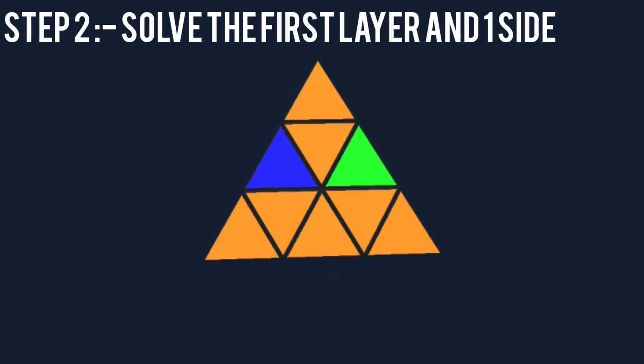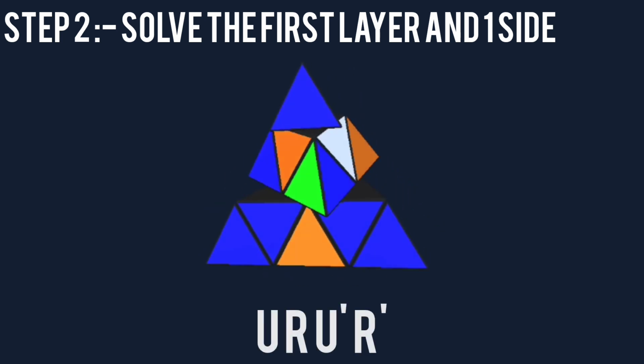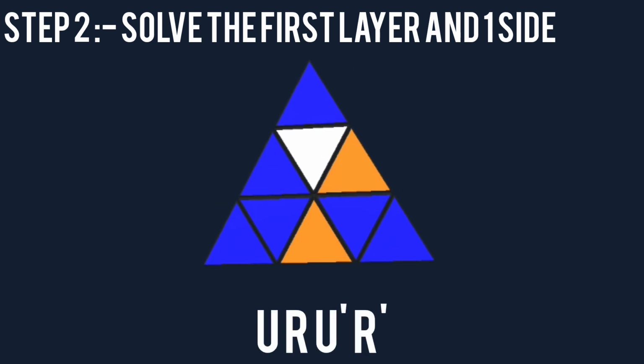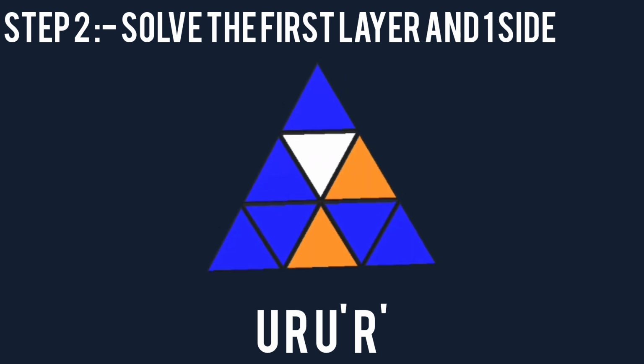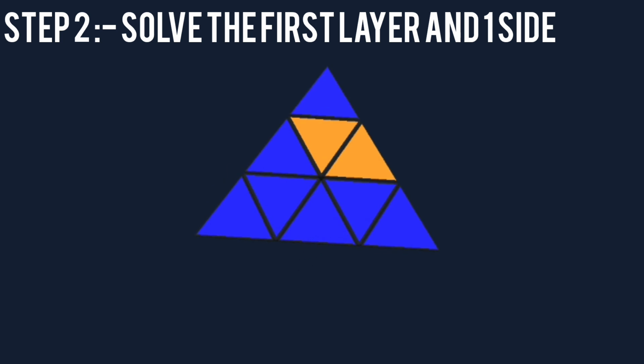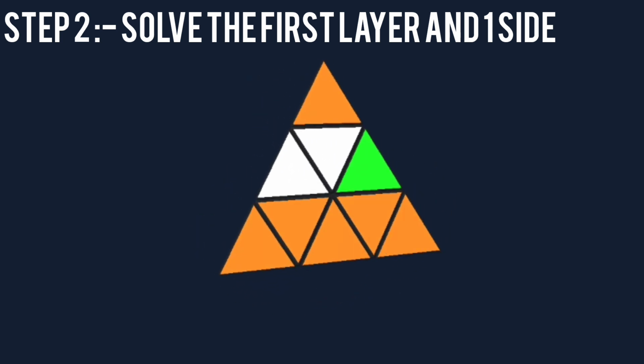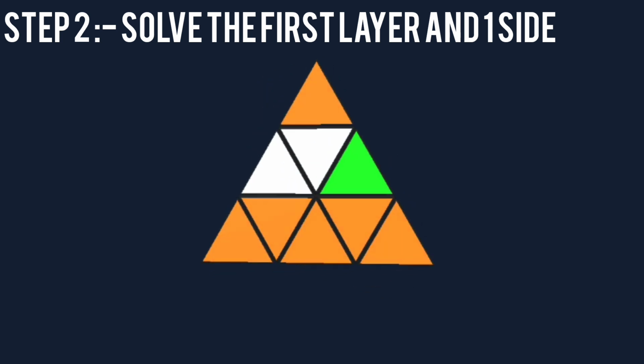I've got another edge. We have to check both its colors and make sure that edge contains green color. This is in the example of green. So this is green and blue. We'll turn it to blue side, and we have to bring this edge such that green is not visible to us like this. Then bring this right side up. Then you have to do this alg, and so we've got our second edge in place. Now third edge. So now we've got our last edge which is remaining.